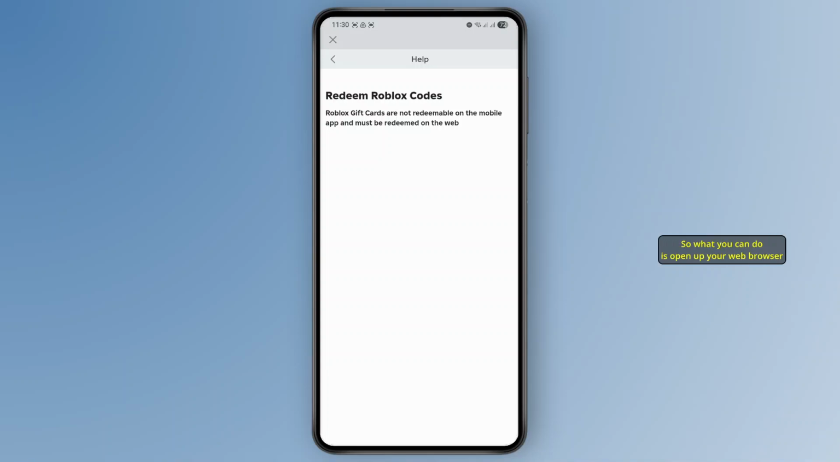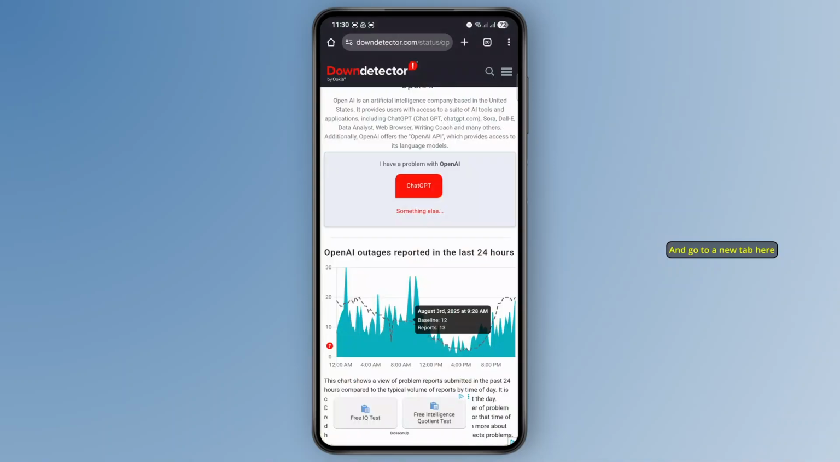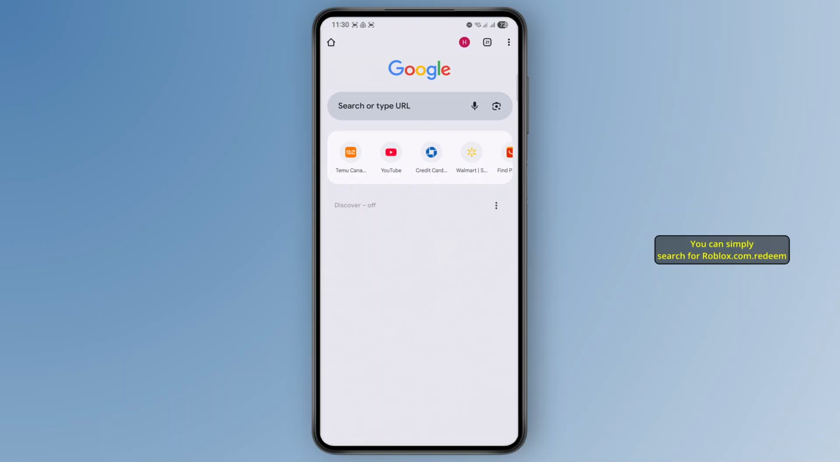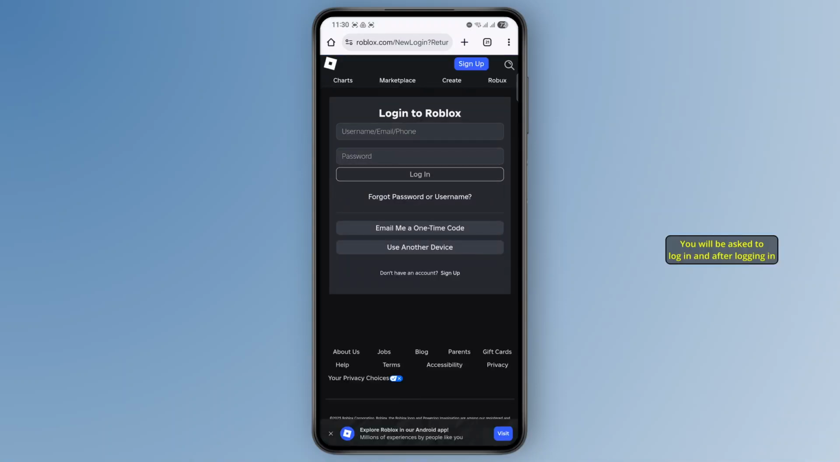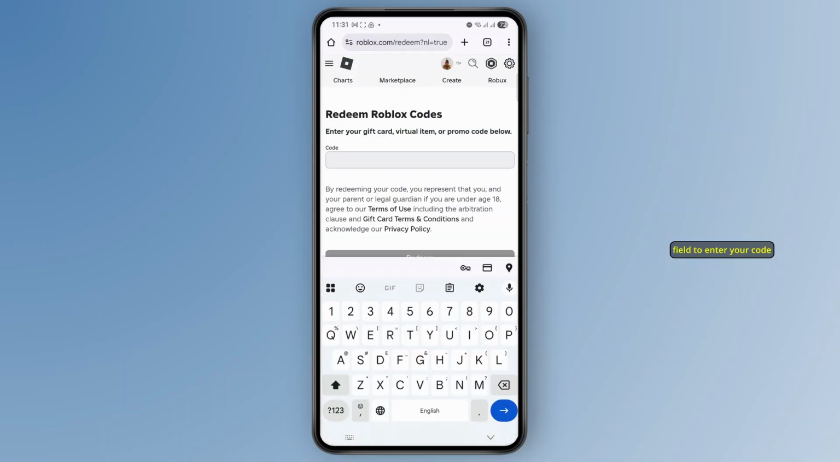So what you can do is open up your web browser and go to a new tab here. You can simply search for roblox.com/redeem. Once you've searched for this URL, hit enter and you'll land on this page. You will be asked to log in, and after logging in, here you'll get the empty field to enter your